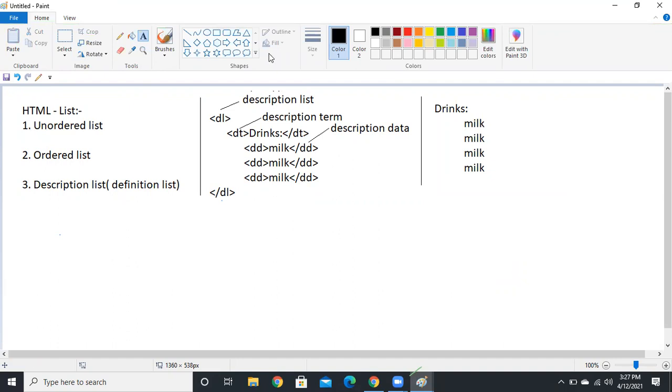You can leave it how it is. That is about the description list, guys. You get it? I will show.